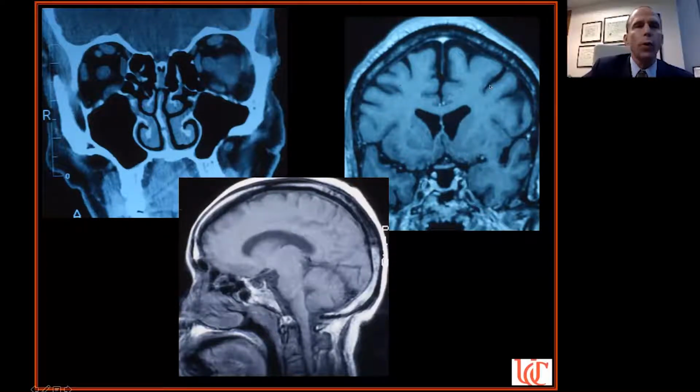coronal image further back. Here's the optic chiasm. Here's the internal carotid artery here. Here's the suprasellar area. In this case, this would be a partially empty sella, if you hear that term. It means that the pituitary gland is kind of squished down here. You can see a partially empty sella as an increased intracranial pressure sign, but you can definitely see a partially empty sella as a totally normal finding, totally